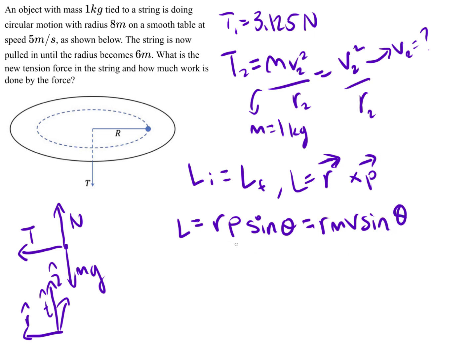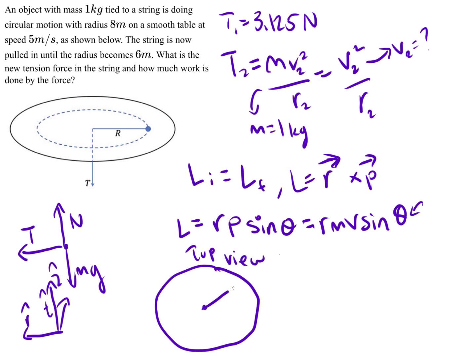And this is because the linear momentum is given by the mass times the velocity of the object. So that gives us the expression for the angular momentum, but we don't know the angle theta, so let's figure that out. So suppose this is the top view of the table, and here we have the string